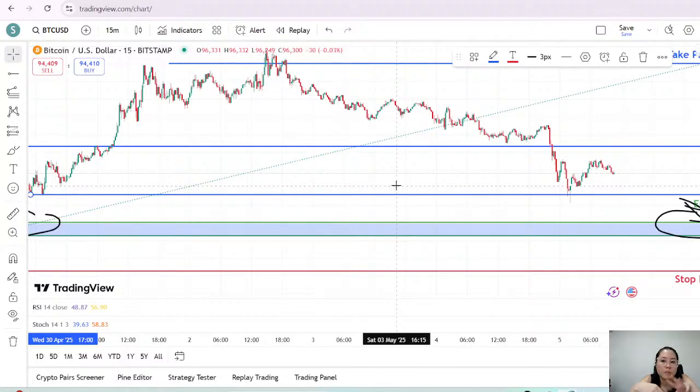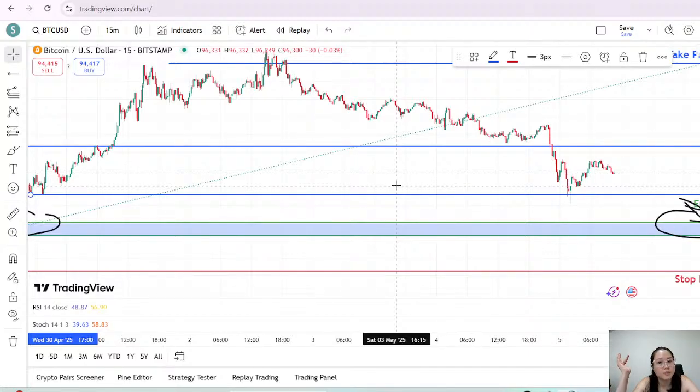But my trades can hold up to at least 24 hours to 48 hours. If you are someone who wants to get in and out of the market a lot of times within one day, then yeah, you can look at the 15 minutes and the 1 hour charts. Just be cautious, because the smaller the time frame, the weaker the structure of the charts, because the charts usually follow the structure of the bigger time frames.